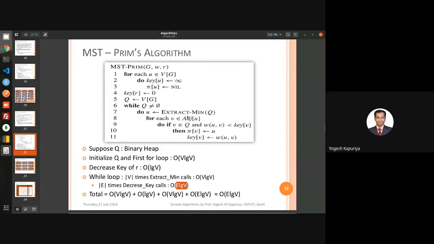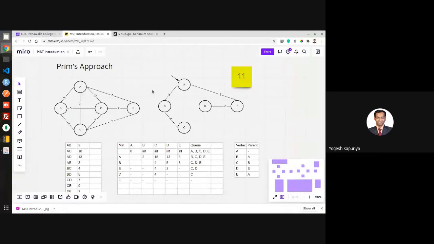So finally, if you add all this, the time complexity is V log V plus log V plus V log V plus E log V. Which one is the highest order term? It's E log V. Why? Because for any given graph, it's highly probable that the number of edges is greater than the number of vertices. If it's a spanning tree, then that will not be the case.